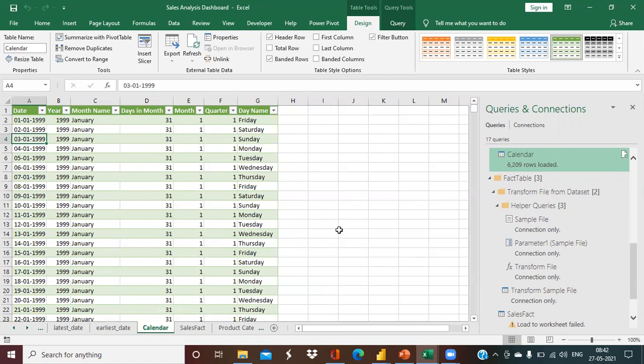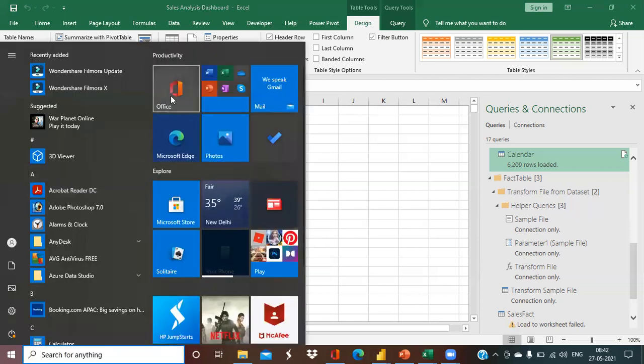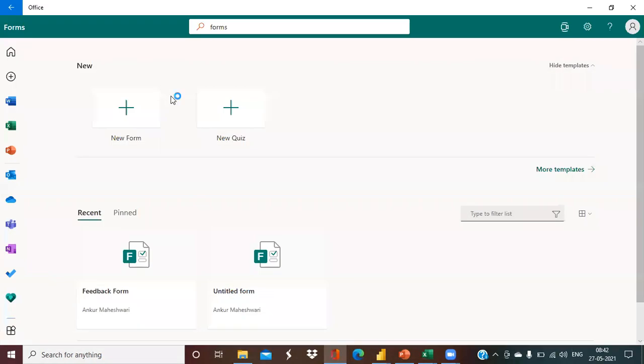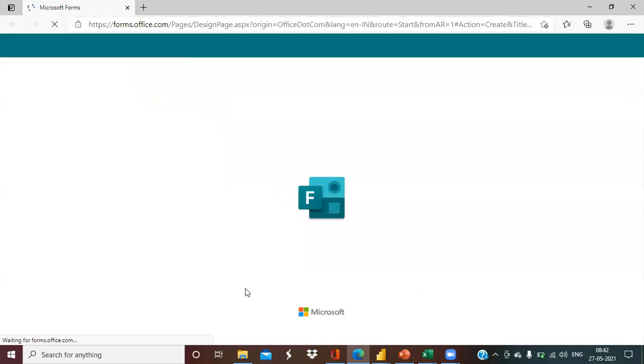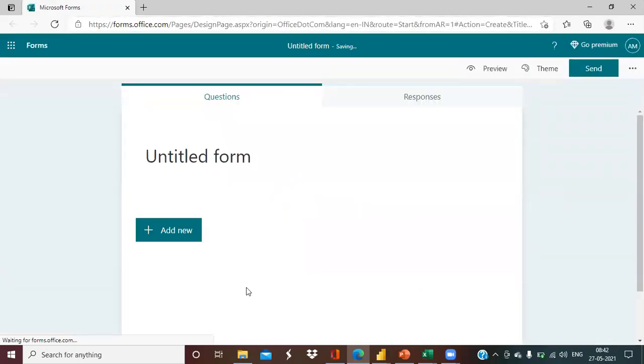If you are not aware of that, it's not a very tedious process to make you aware of it. Let me show you how to do that. You go to your start button, click on your Office button. It will open up the Office panel. It will give you all the options here, whatever you have in Microsoft Forms. You search for Forms, you will find your form, click on the New Form button. A new form wizard will open up. It's a very wonderful tool given by Microsoft, which helps you create feedback forms or any other forms very simply.